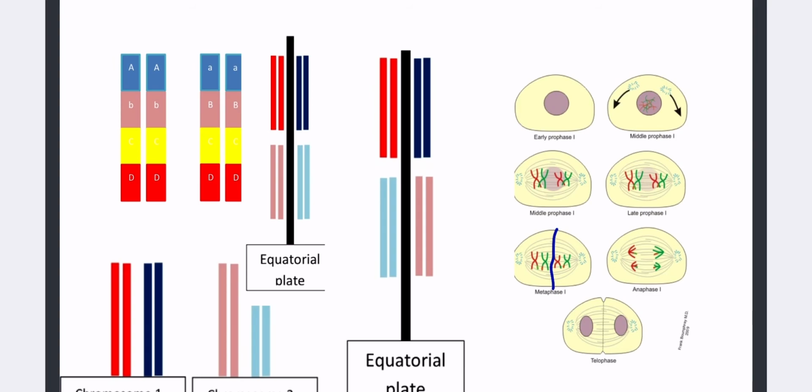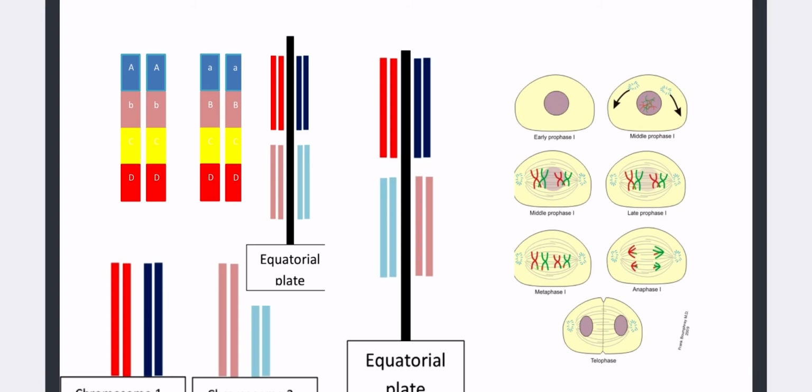Now, I've been doing some research and I cannot find anything definitive. I believe that there was a past HSC question that asked you to distinguish between independent assortment and random segregation. Now, honestly, for all the reading that I've done, I can't find anything definitive on what that difference is. But if I had to be writing an answer to that,